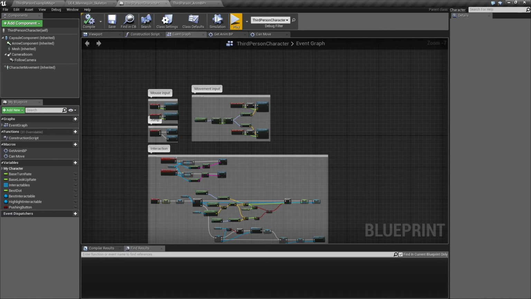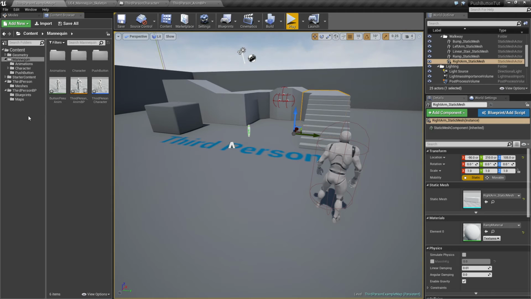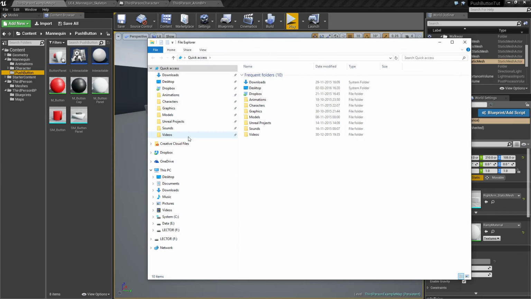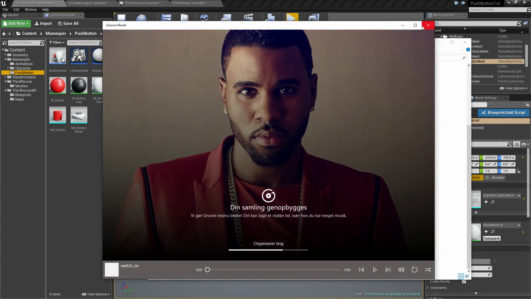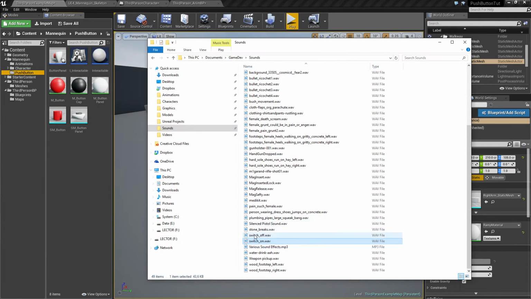So we should also add the sound to this, because I think this is a good place to do it. Yeah. So let's grab a sound. I have a sound somewhere here in my sounds folder here. I have a switch. Okay, that's not the one anyway. Well, it is, but it's not gonna play back. I'm gonna drag this in here,